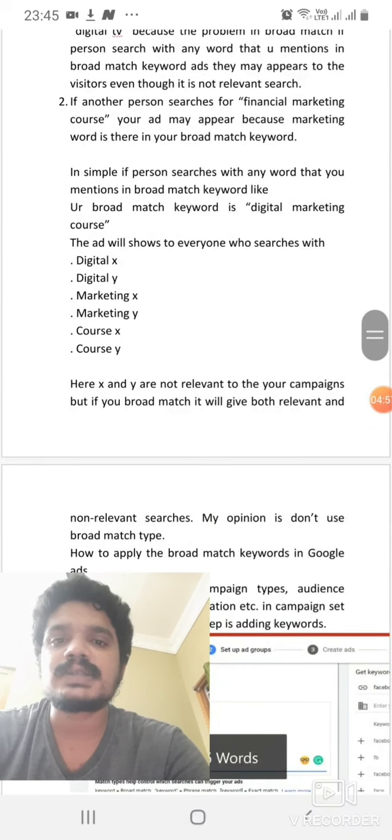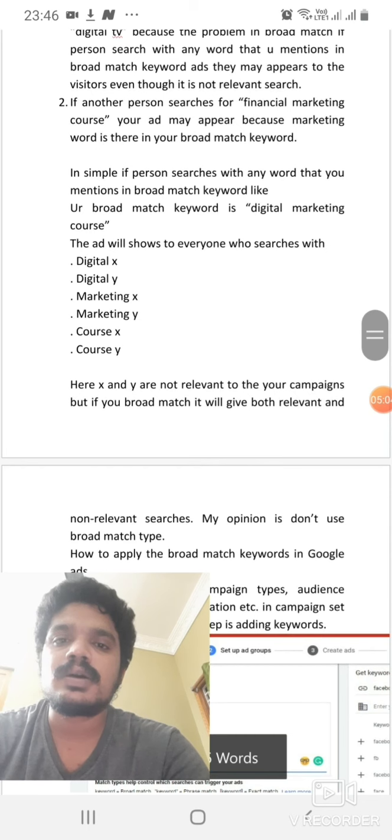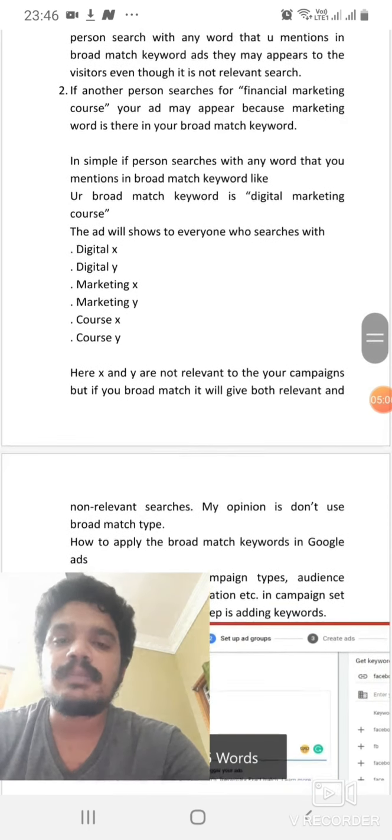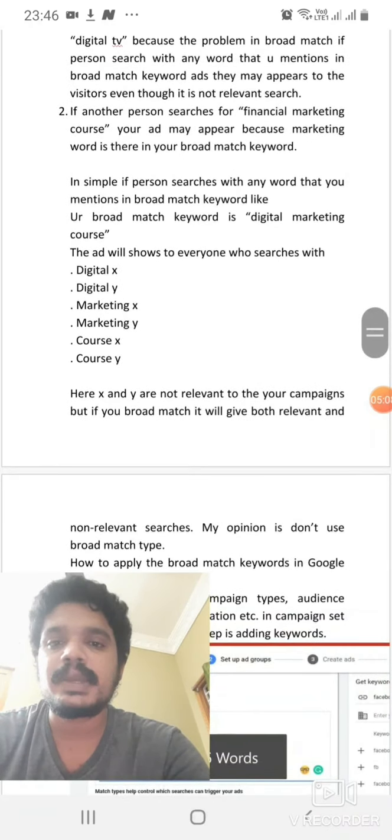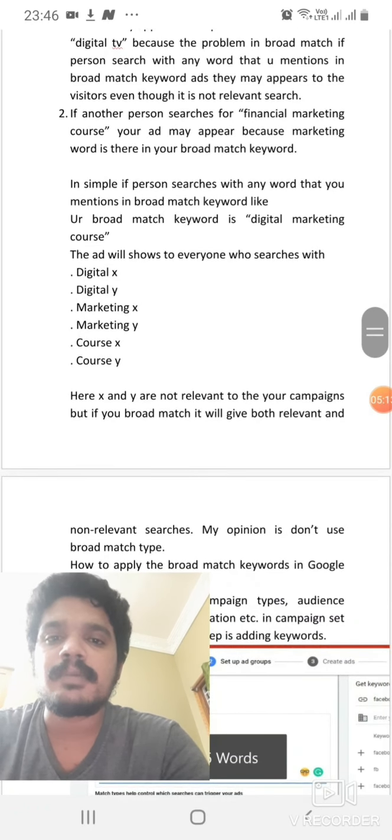If another person searches for financial marketing course, your ad may appear, because the word marketing is there in your broad match keyword.